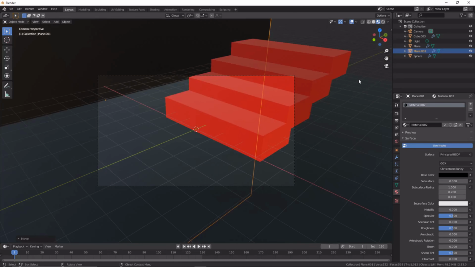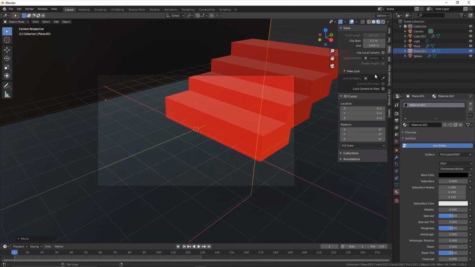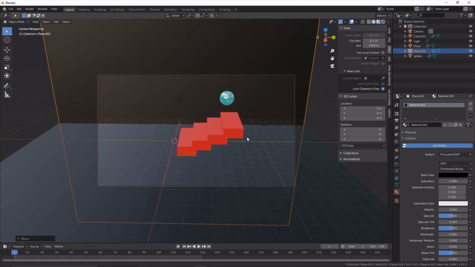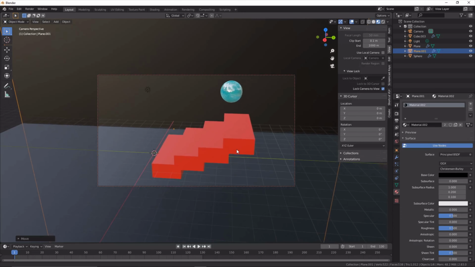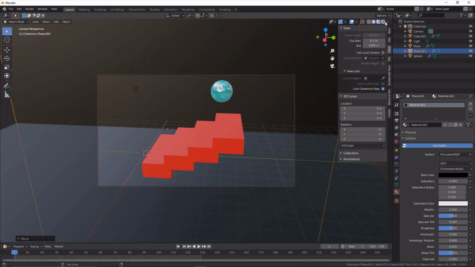I'm now going to click on the camera. I'm going to press N. I'm going to click on View, and lock camera to view. I'm now going to move this around to line up our camera to where the final animation will be. So there we are. And if we now go onto the render viewport mode here, which gives us a rough idea what it will look like,